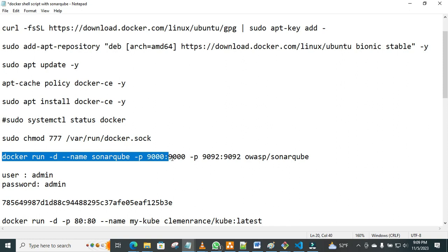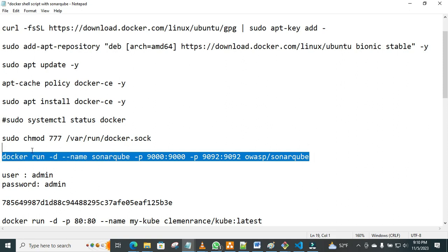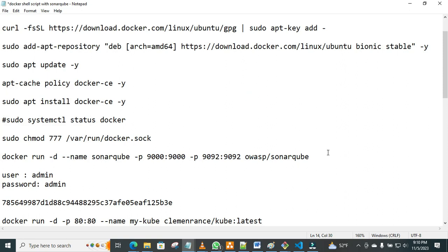And we are going to do a port binding at port 9000 because that is where the container is going to be exposing, but naturally the container came at port 9092, so we are going to be bringing it back to port 9000. And then this is the Docker repository that we are taking the image from. It's not an official image of Sonarqube. We are taking the image that is already prepared for our project. So we copy the whole